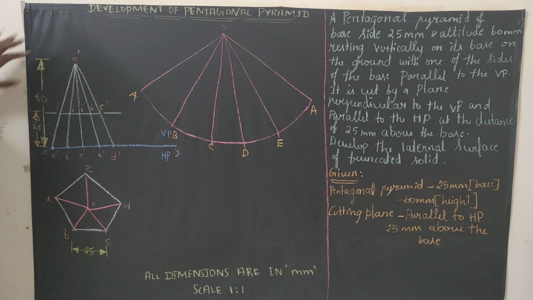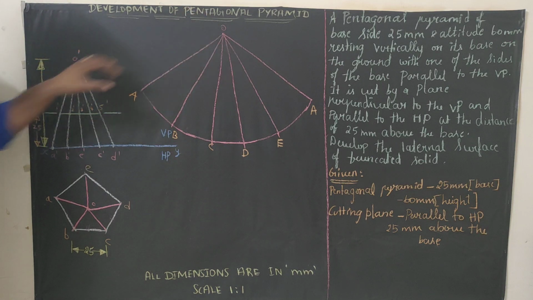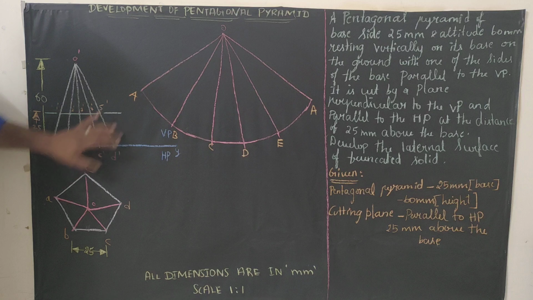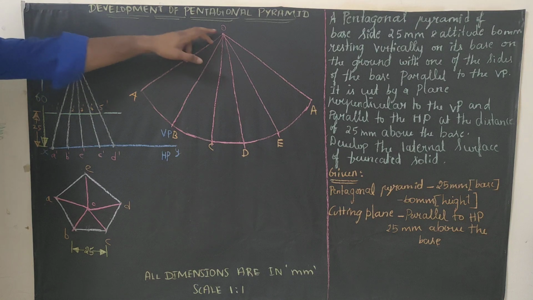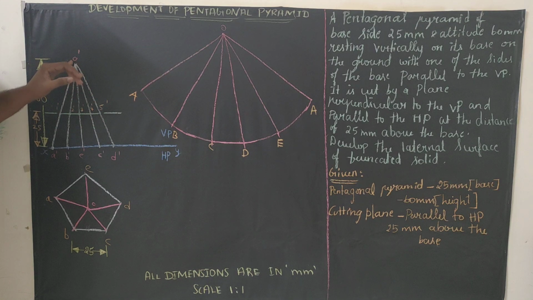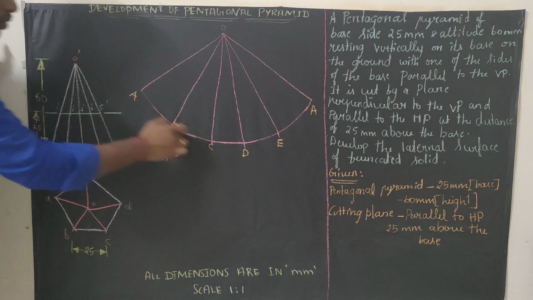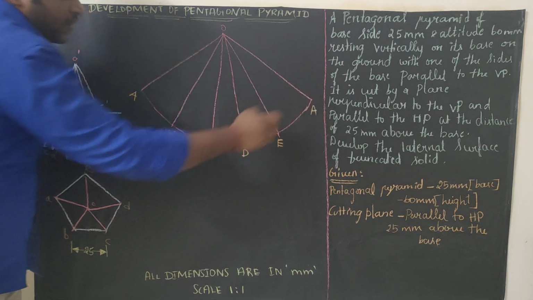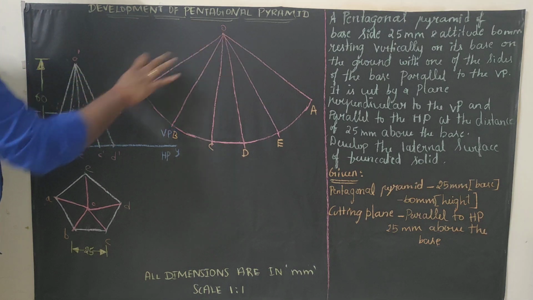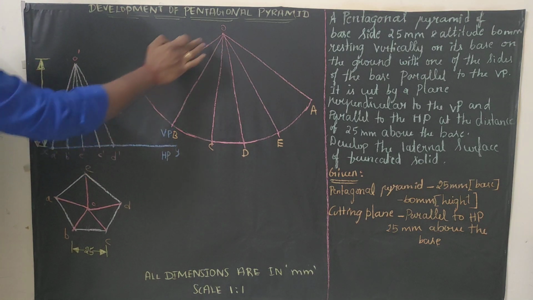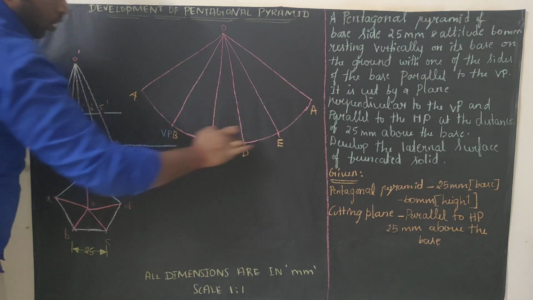So right now what you need to do is measure O dash to D dash. Anywhere in your page, away from your diagram, you just draw a line. For that, you just draw a line slanting anywhere. Okay, O to A is the distance O dash to D dash. Keep your compass at O. Measure till A and try to cut an arc this way. The end point we don't know, where we close we don't know. So starting from O to A, the O to A is same as O dash to D dash. Just keep your compass here and try to draw an arc.